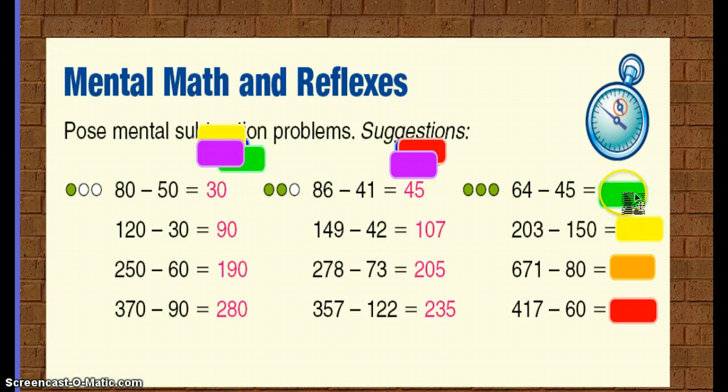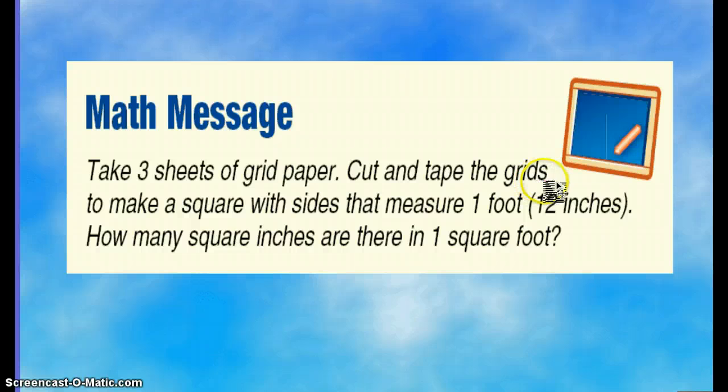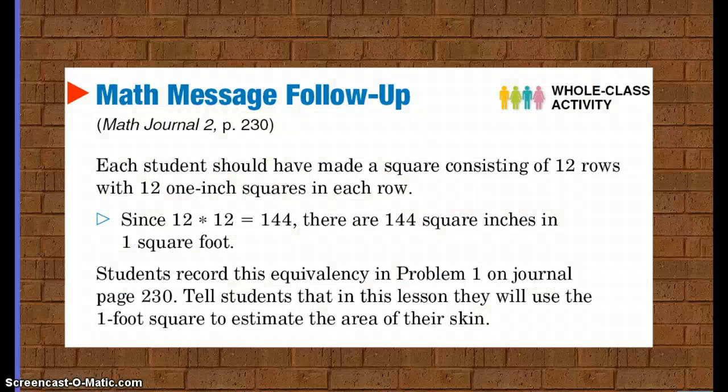64 minus 45, 19. 203 minus 150, 53. 671 minus 80, 591. And 417 minus 60, 357. I hope you could do that as quickly as I did, only hopefully you didn't make a mistake like I did. Alright, I'm going to skip through this math message fairly quickly